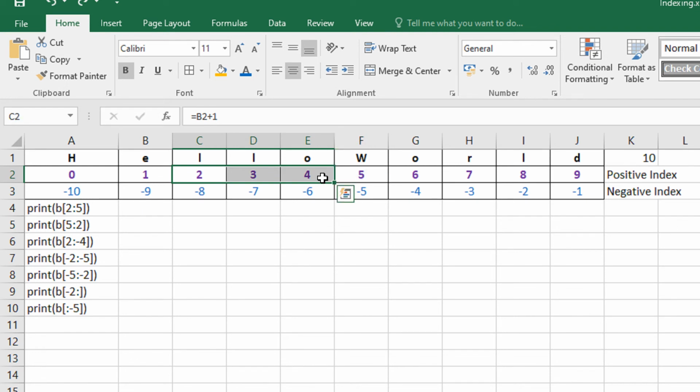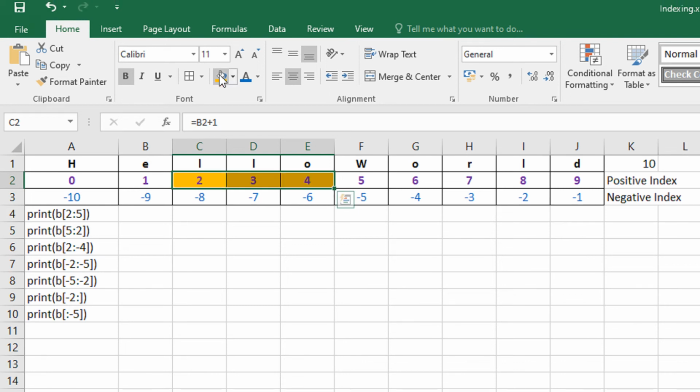Remember one thing, it is up to n, but not including that element. Another way to remember is that when you do 2 to 5, 5 minus 2 is 3, so your string length should be 3. Index 2 is length 1, index 3 becomes length 2, and index 4 becomes length 3, right?